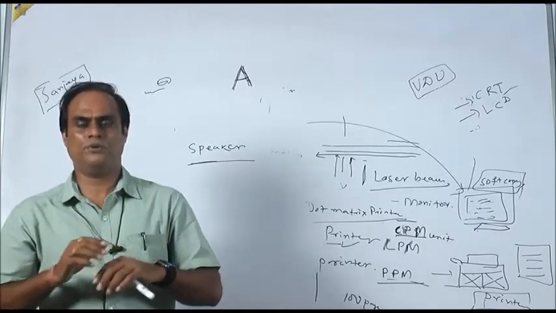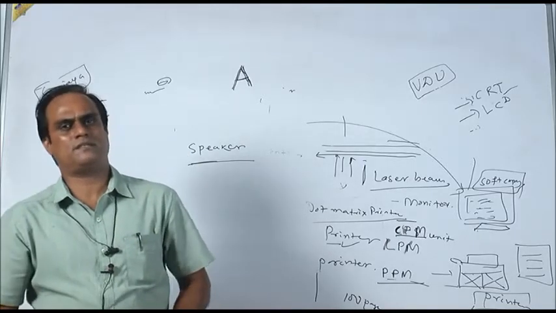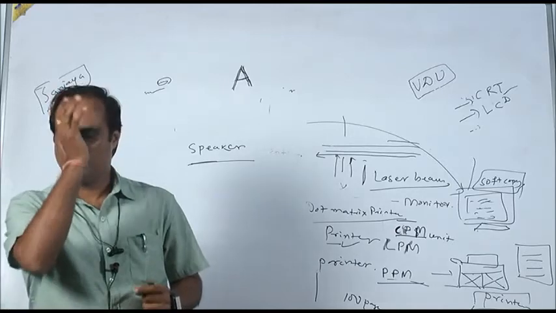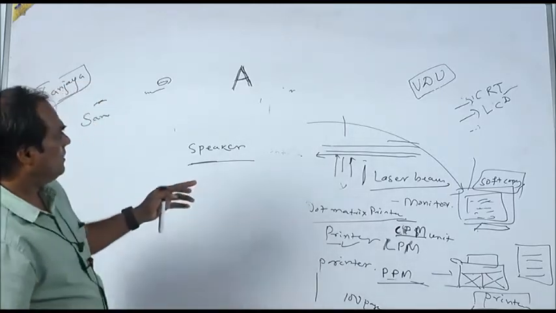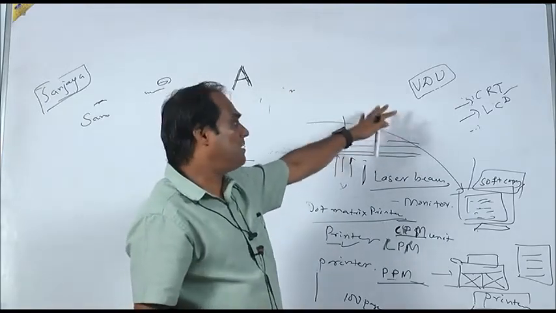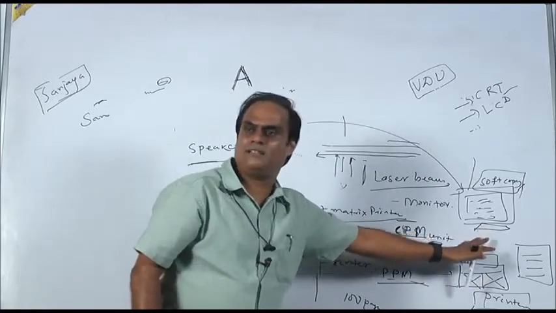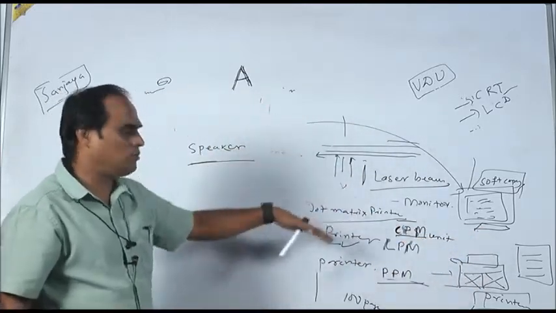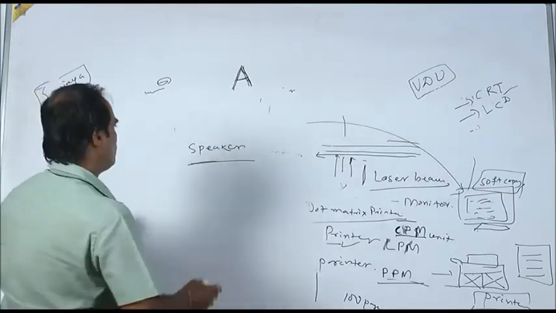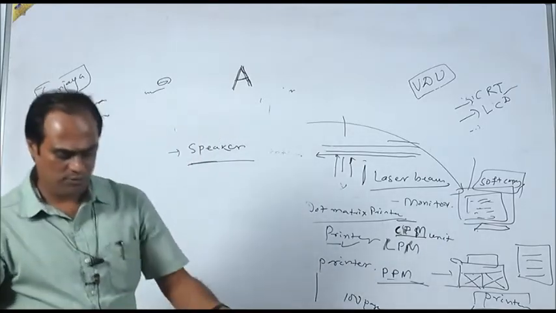Suppose in the computing system we are connecting different types of devices, but each and every device has its own function, yes or no. I already told you, the monitor has its own function, because we want to see the output. Again the printer also has its own use. So, different output devices have different uses for getting the output. Like that, the speaker is also known as an output device.